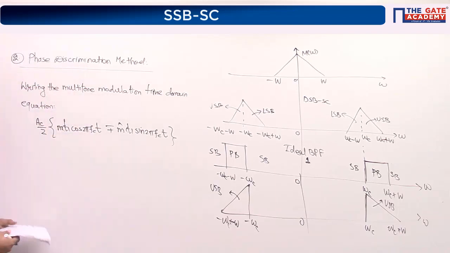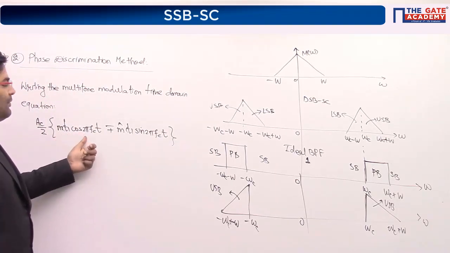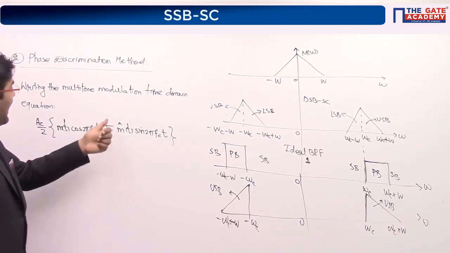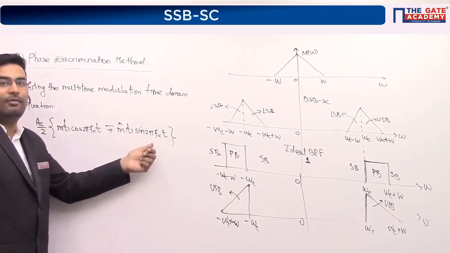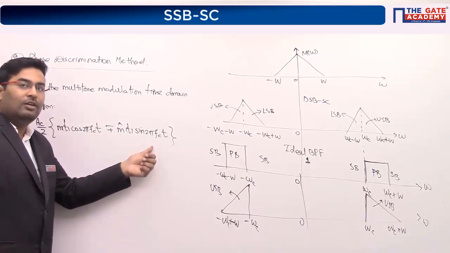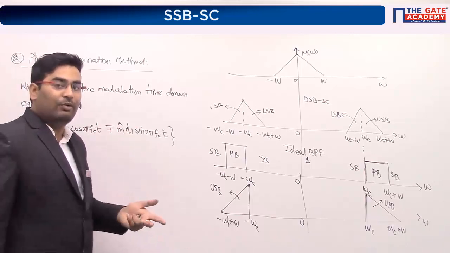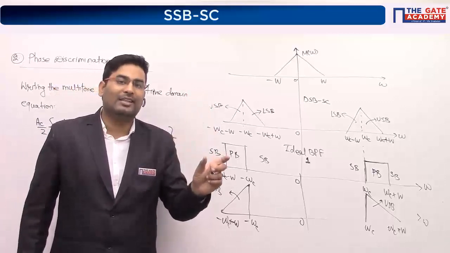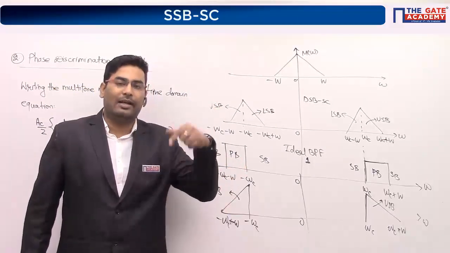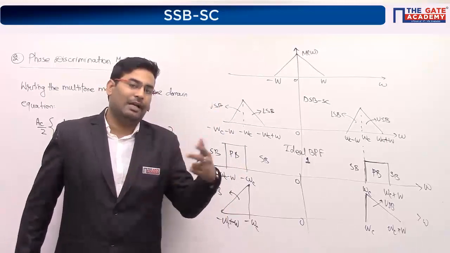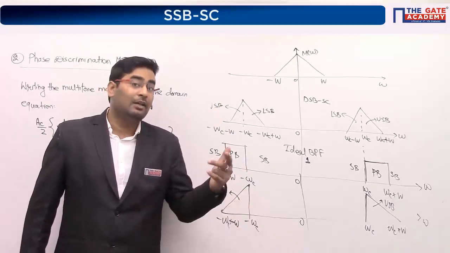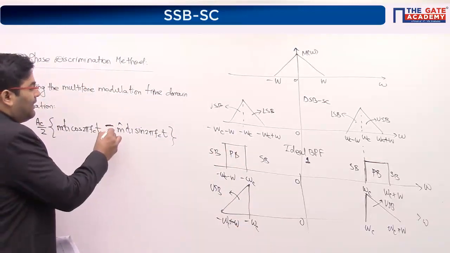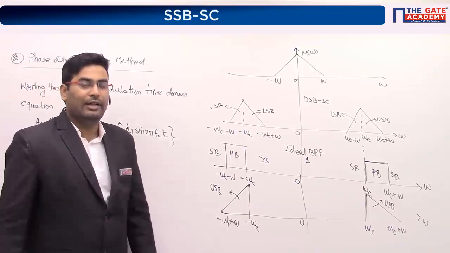Now, how will you get this? You take a message signal, multiply it with a carrier signal, then take the Hilbert transform of the message signal as well as the Hilbert transform of the carrier signal. To get the Hilbert transform in terms of phase, we just pass the signal through a block of minus 90 degrees, correct? The moment it passes through a minus 90 degree phase shift, m of t becomes m hat t, and cos 2 pi fct becomes sin 2 pi fct. And then you just have to add or subtract both. Are we clear, guys? Get the intuition behind it?